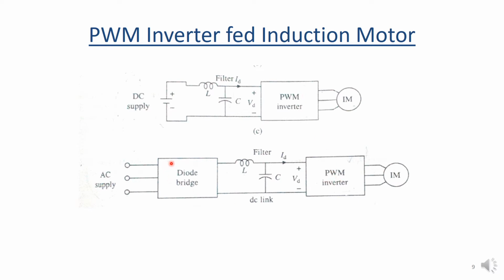So here we can see that in the previous case, the step-down inverter, we were using a control rectifier instead of a diode bridge rectifier. Here we can control both voltage and frequency by varying the modulation index because of the PWM inverter. In the step-down inverter, that is not possible. That is why we are using the diode bridge rectifier here.